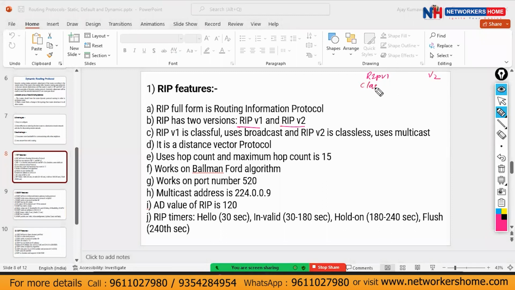First of all, version 1 is classful and version 2 is classless. Second, version 1 does not support VLSM and version 2 supports VLSM. Version 1 does not support authentication; version 2 supports authentication. Then your RIP version 1